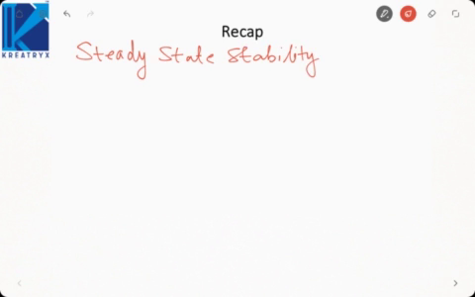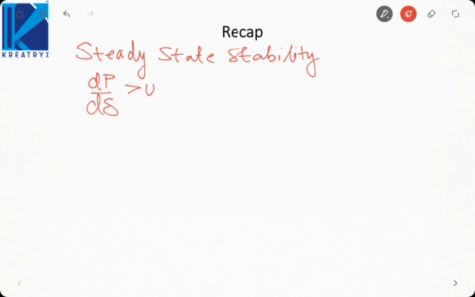Hi guys, in the last lecture we studied steady state stability. So we first saw what is meant by steady state stability. It meant that the system must remain in synchronism with the externally connected network upon occurrence of a small disturbance. Then after that we determined the criteria for the steady state stability, in which we saw dP/dδ